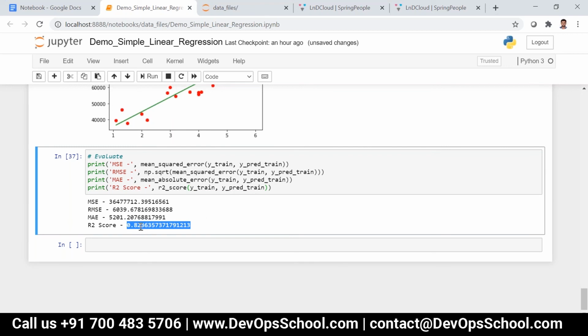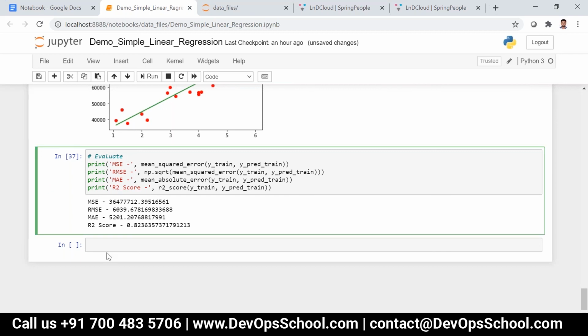So accuracy is 82% now. This is what you need to find for evaluation. If you are fine with the accuracy, then no issue. If you are not fine with the accuracy, you have to give more data to training and less data for testing.